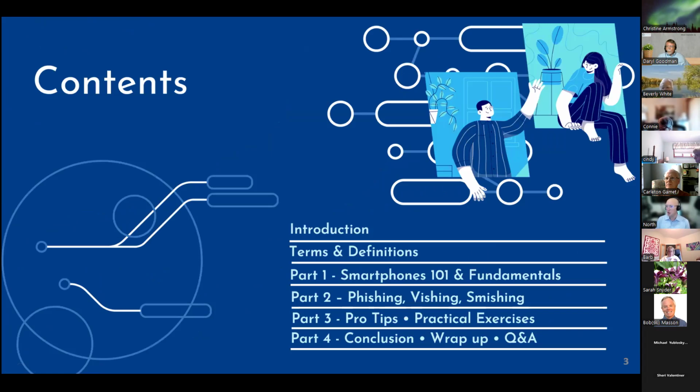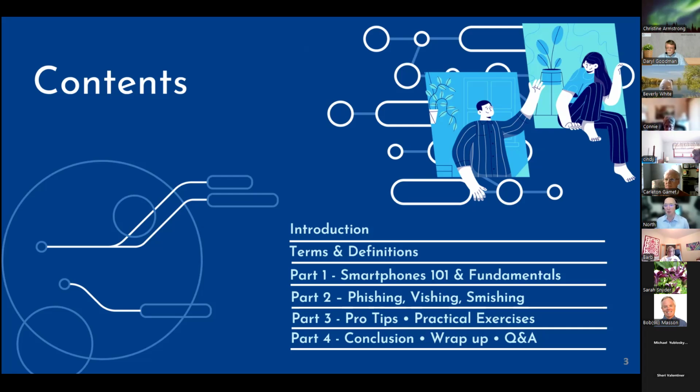So here's what we're going to talk about today. We're going to do a brief introduction. I'm going to share with you some terms and definitions. Now, that's going to be a very busy slide. We will be sending out a handout so that you can read this in your own time. There's a lot of terms and definitions that you need to be aware of. And then we're going to talk about smartphones because the majority of us actually get our emails and our texts via smartphone. So you do need to understand how they work so that you can protect yourself against some of these scams. And then we're going to get into the meat of it, the phishing, the vishing, the smishing, and